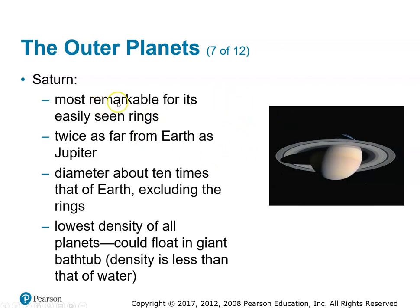Then we come to Saturn. Saturn, of course, is most famous because of its ring system, which is icy particles. And by the way, I should mention this as well. The rings of Saturn cannot form a moon. Let me go over this a little bit, and I did mention this in an earlier class, what's called the Roche limit. If you take a moon